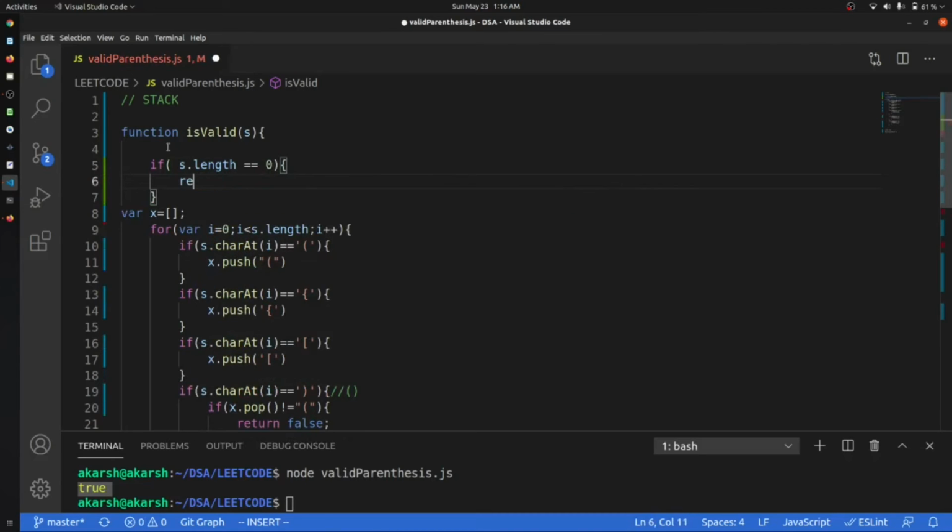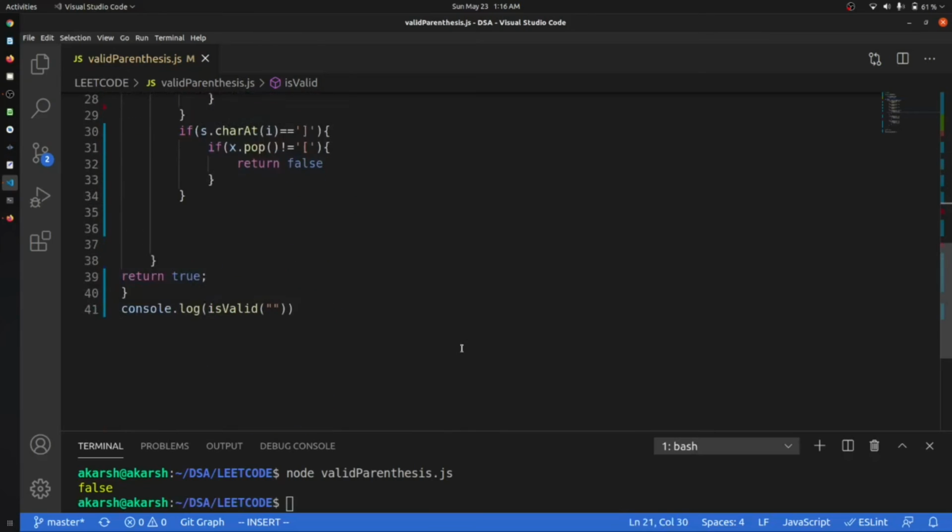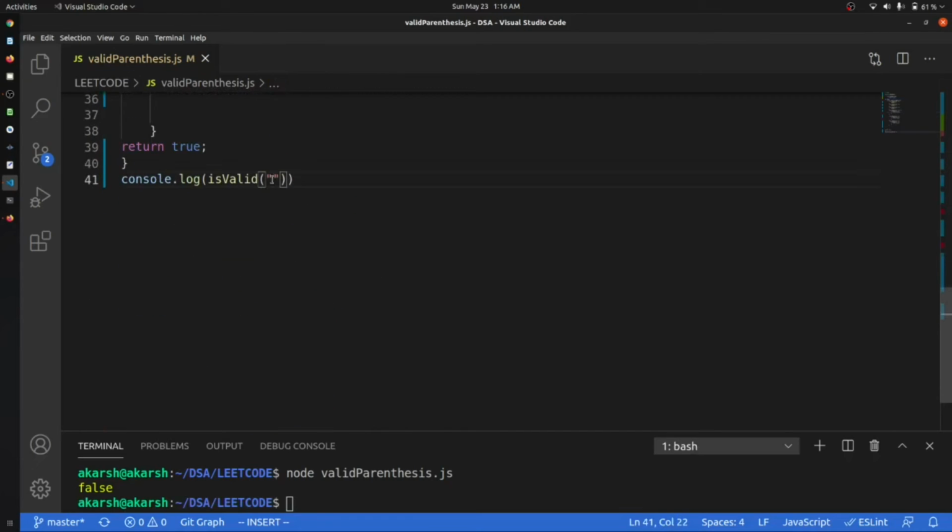Now we should get false. Is it true? No, it's not true. We are not getting any output because this is not valid input.